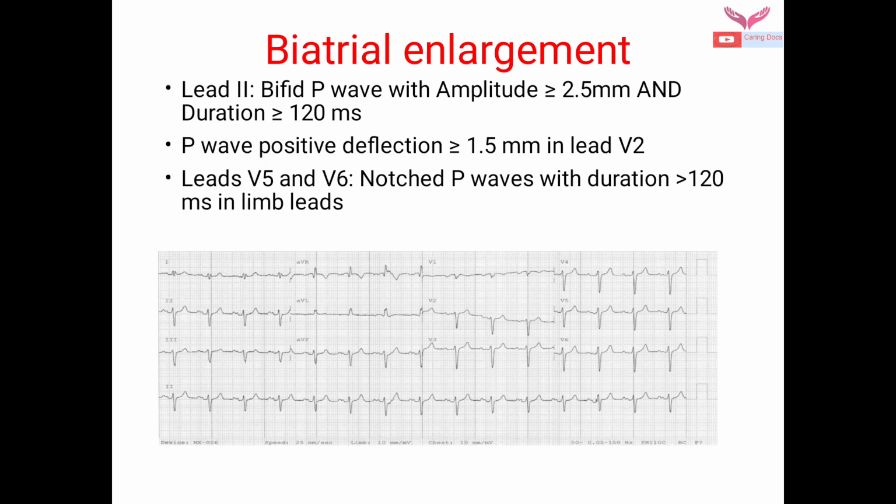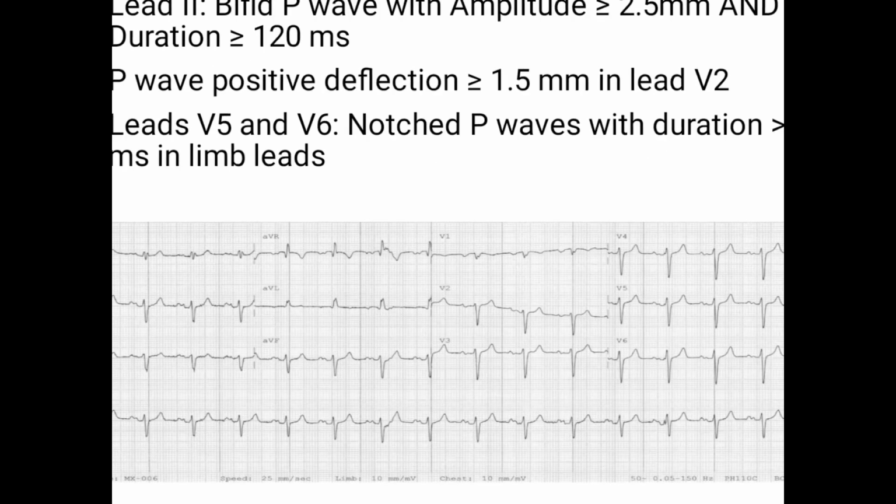Let's take a few examples. In this ECG, we can see in lead 2 there are bifid P waves with amplitude more than 2.5 mm and duration more than 120 milliseconds. P waves have a positive deflection of more than or equal to 1.5 mm in lead V2, and in leads V5 and V6 a notched P wave with duration more than 120 milliseconds in limb leads. Here we can see